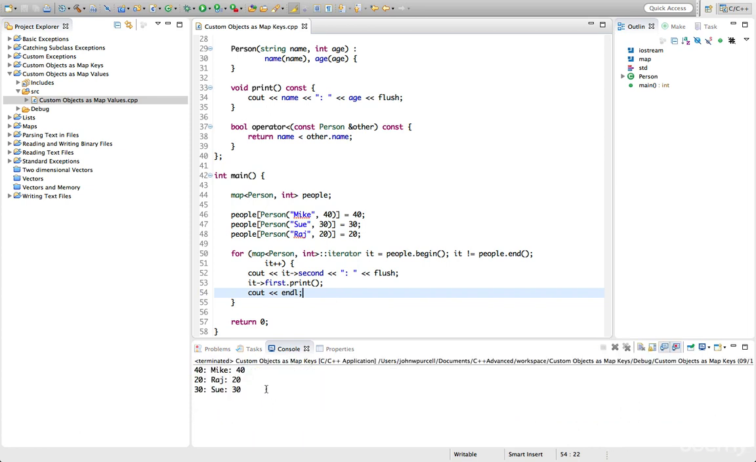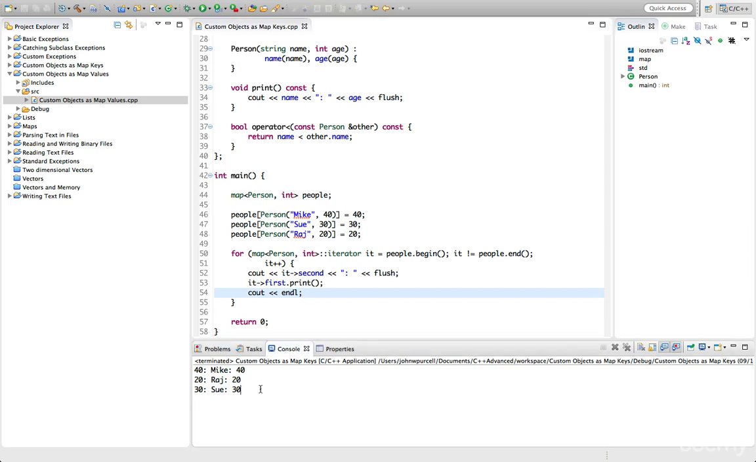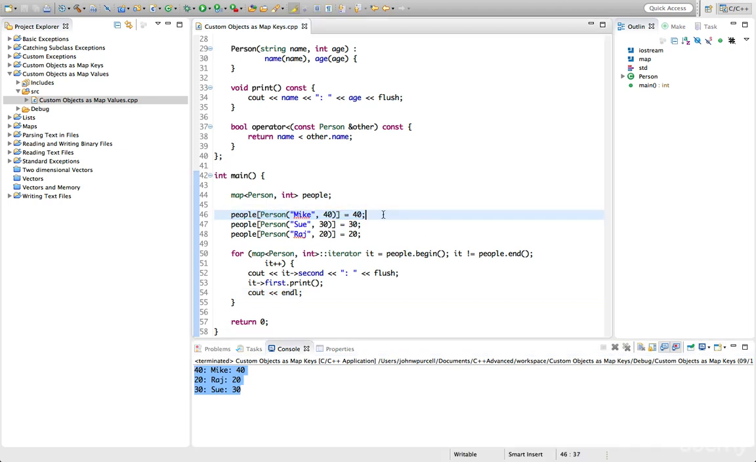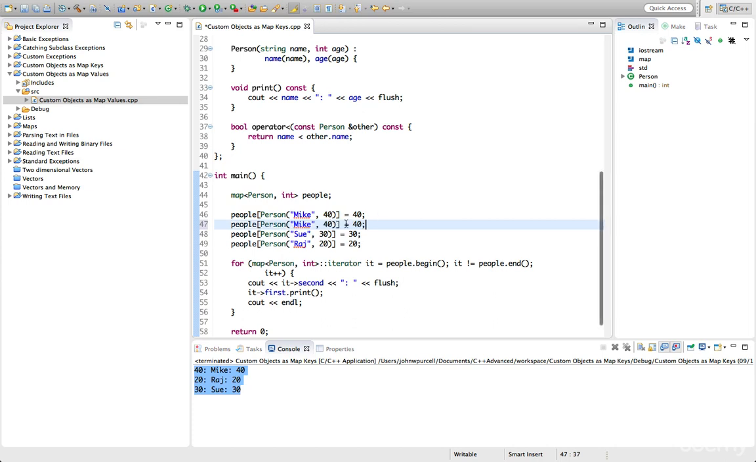We've successfully used objects of our class as keys in the map. Now it's interesting to look at what happens if you try to add a new object with the same key. Let's do that. Let's add Mike. Let's maybe give him a different value, but we'll have the same object. Now if we run this, what happens is